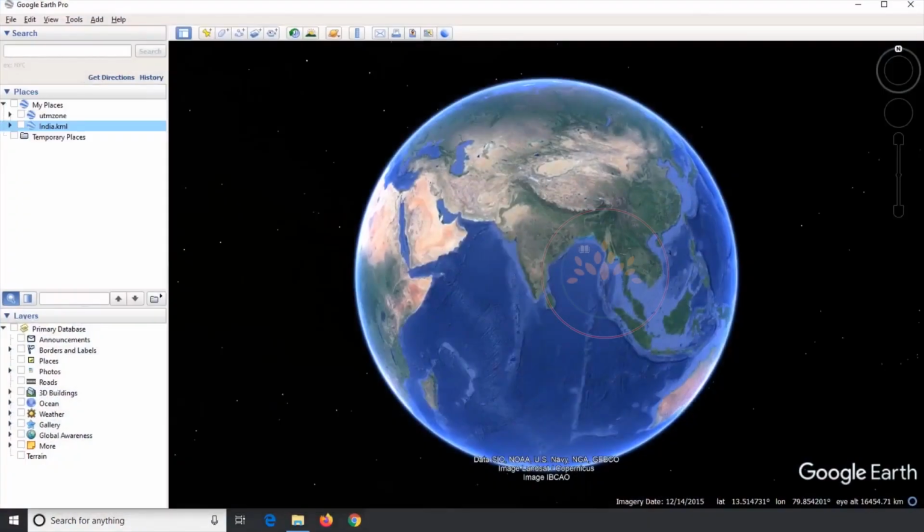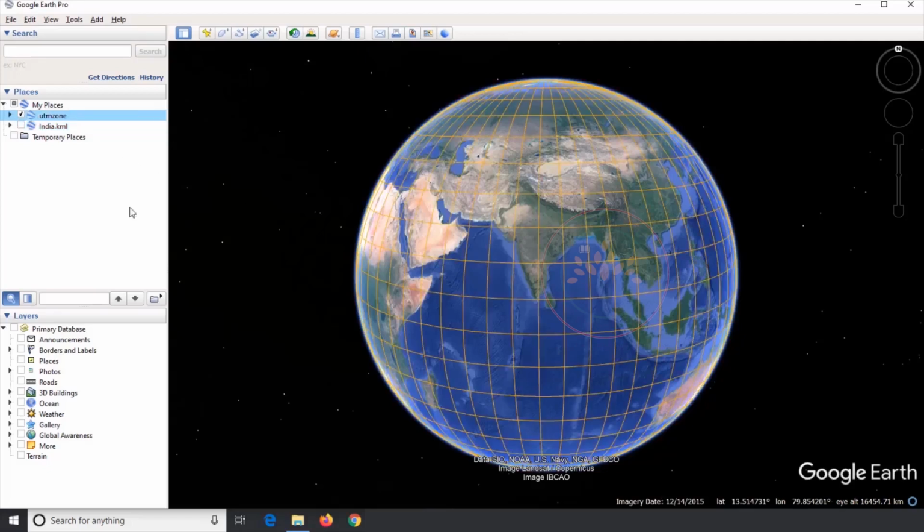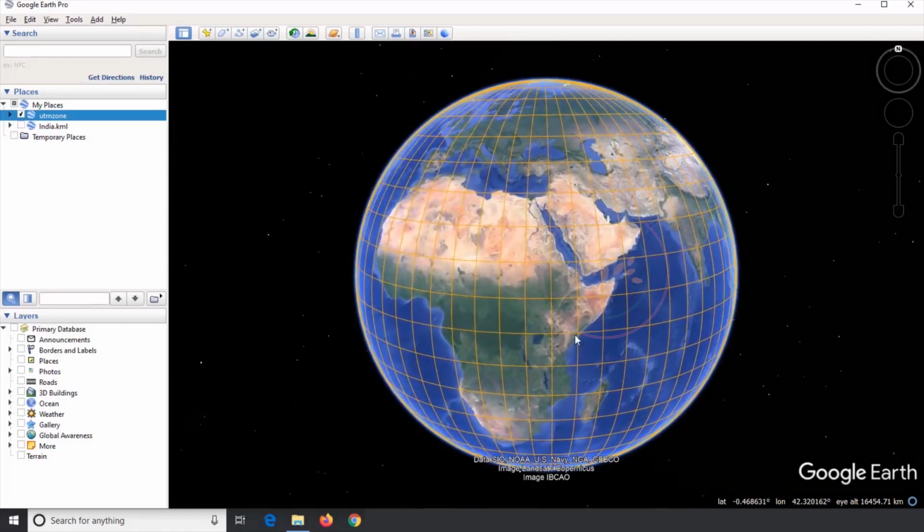To understand the coordinate system more clearly, I open Google Earth. The Earth model we see here is developed based on the WGS 84 coordinate system. The latitude and longitude values we see here show the location information on the spherical Earth. When this spherical model is projected using any projection, we get projected coordinate system data. As I said earlier, among the projected coordinate systems, UTM is commonly used. I open the UTM zones grid on Google Earth for our better understanding.